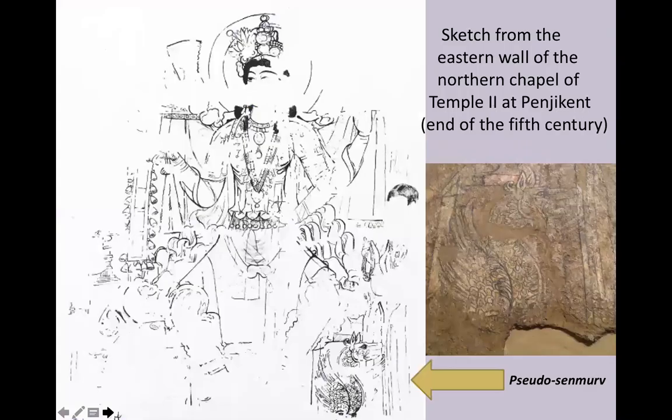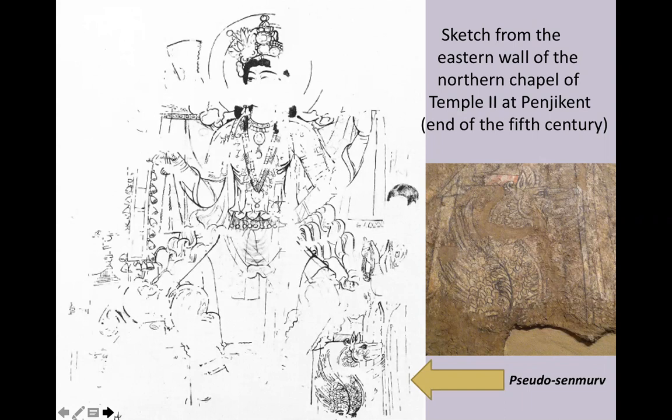Now, next slide, please. In Sogdian art, we have a very first representation of this creature under the throne of a local deity. You know, in Sogdian paintings, we very often have the god or goddess with his or her symbolic animal. And in this case, we have this deity sitting on a throne, and on one side of the throne, we have this winged dog, which in my opinion is connected again with a Mesopotamian element. You see the horn, a curly horn just behind the ears.